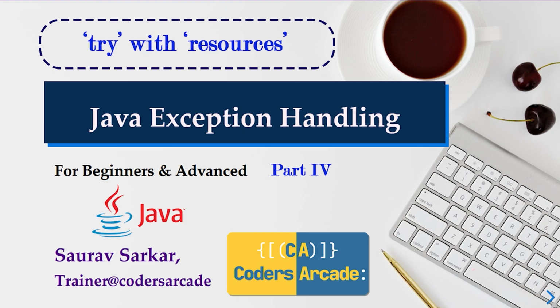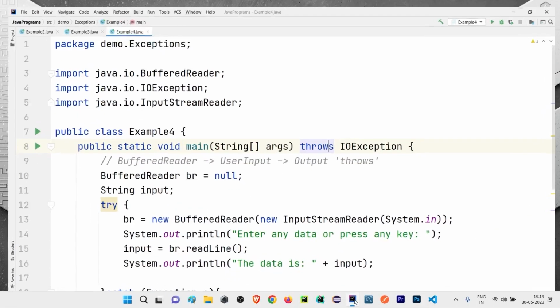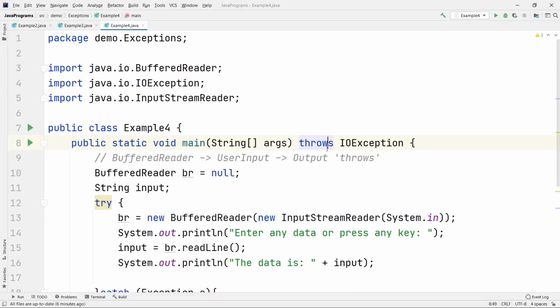Okay. So without any further ado, let's start with today's topic, which is try with resources. Let's go back to our IDE, and here you can see in the last example,